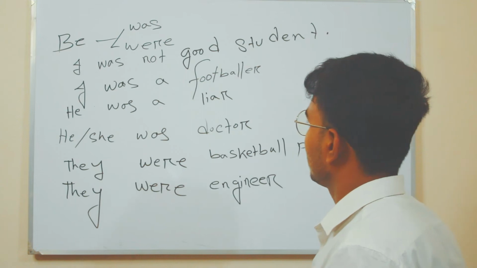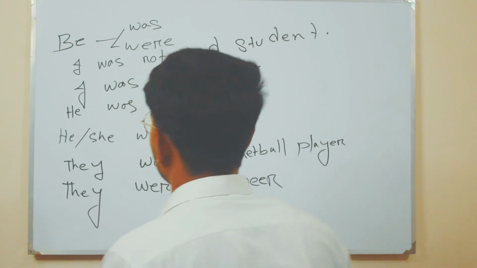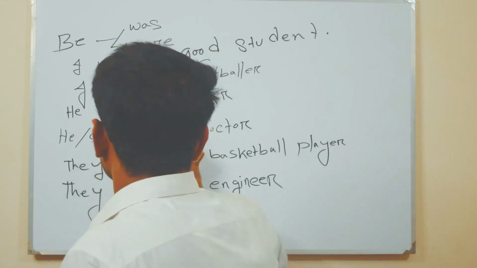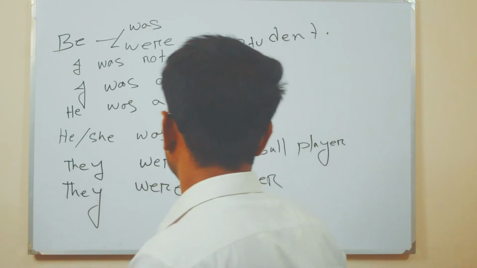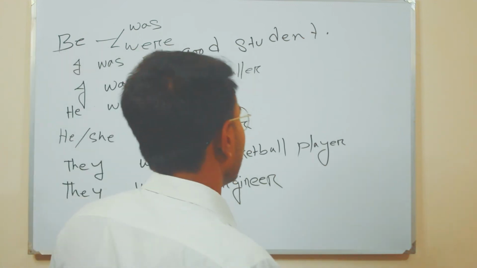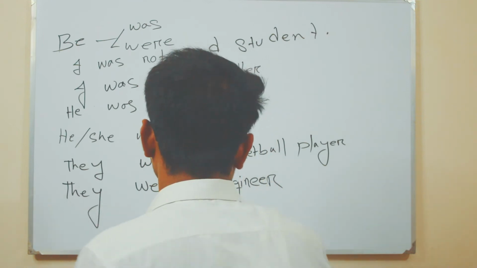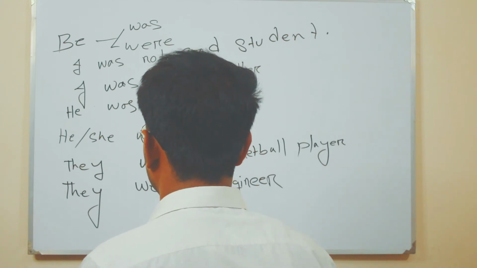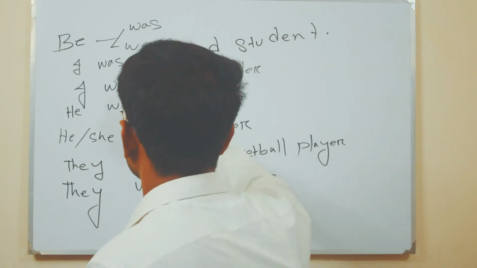সে মিথ্যাবাদী ছিল। He was a liar. সে মিথ্যাবাদী ছিল। And third one is she was a doctor. সে একজন ডক্টর ছিল এবং they were basketball players. They were engineers. তারা ইঞ্জিনিয়ার ছিল।